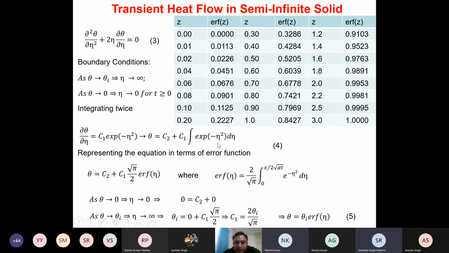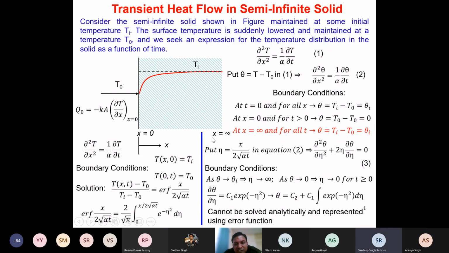Isn't it? Yes, and what, sir, is that x equals to infinity? That depends. See, here we are putting x equals to infinity, but in actual sense, it's not infinity. It will be some value. Isn't it? We wanted to calculate at what value my temperature T is going to become Ti. That characteristic length we are interested in, and that characteristic length is the infinite length. Isn't it? That's why it is difficult to calculate the value of this integral,